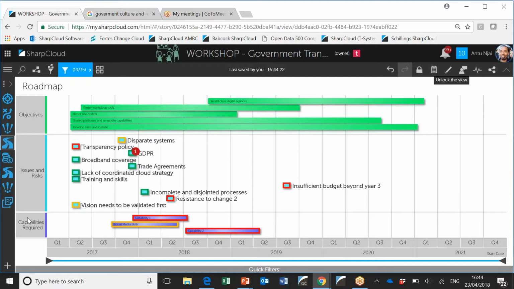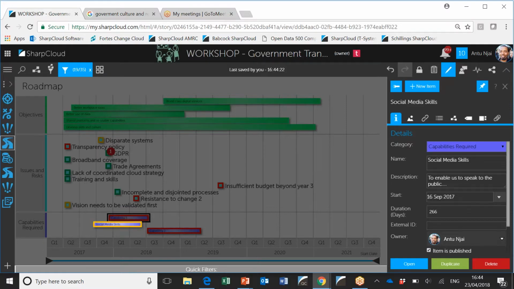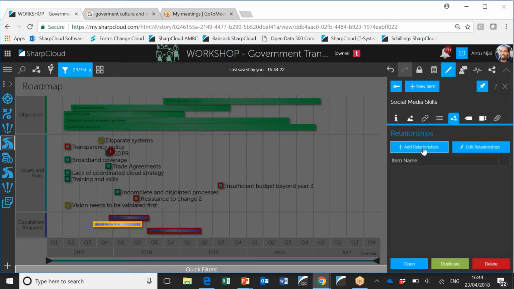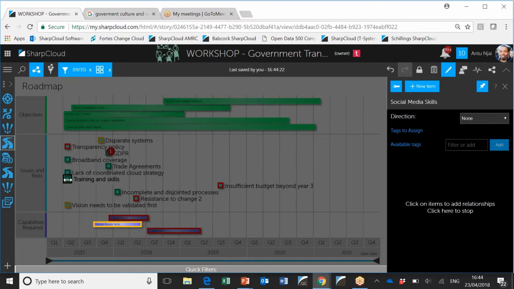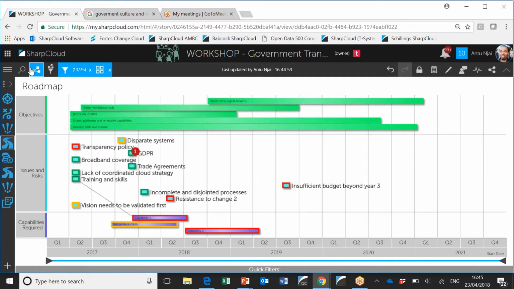Okay, so we've used forms now to capture two lots of information, and we can start to then add relationships. So we might be saying certain things are related, so certain capabilities, like this social media capability, are related to, maybe we need some training and skills in social media. Maybe there's something else. Maybe that's the only thing that we add the relationship to. In fact, I don't think there's anything else that's jumping out at me. But straight away, we can start to add those relationships. That is something that is typically quite hard in a workshop post-it note session.